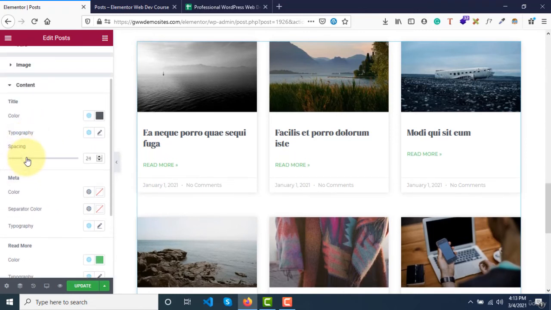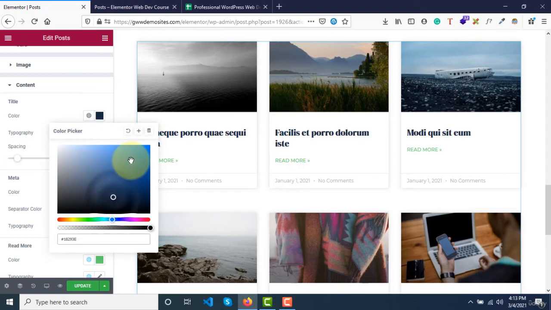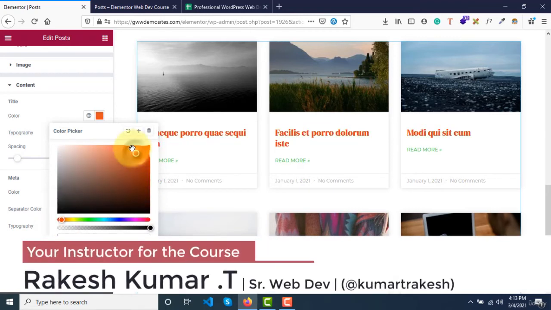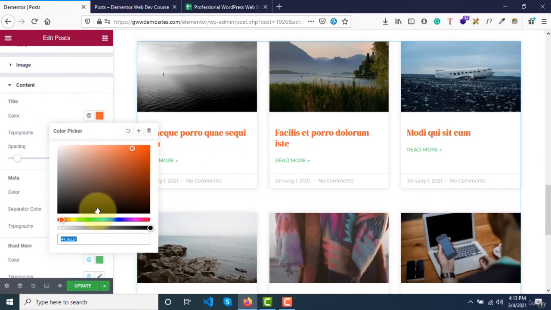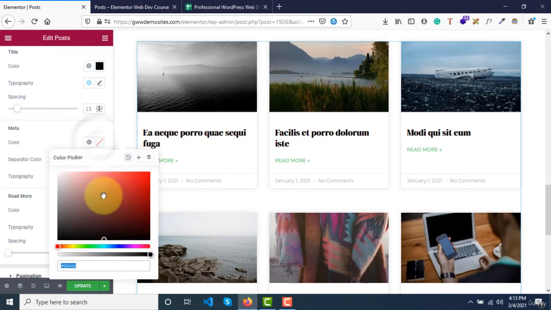Titles, you can increase or decrease the spacing, and then you can decide the color, can change the color, right? Let me keep it black. Okay, and then we can change the color for meta